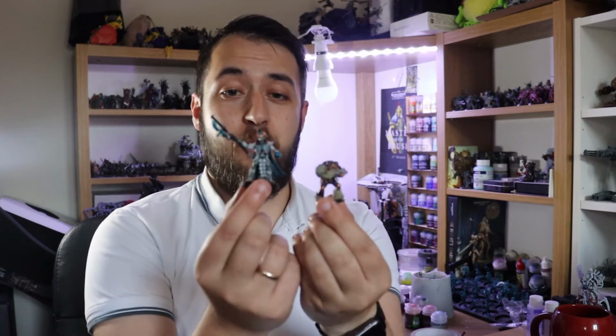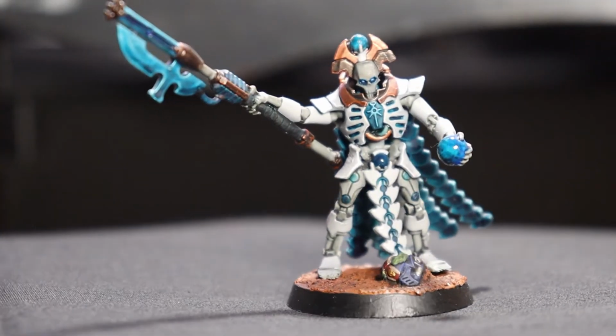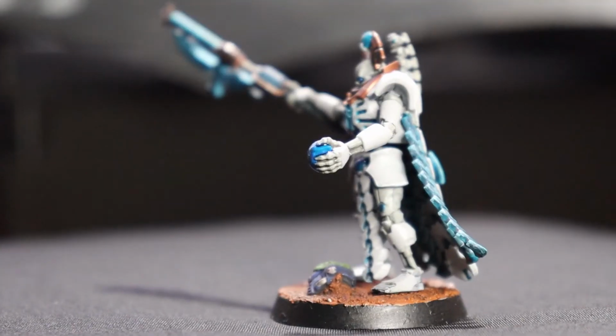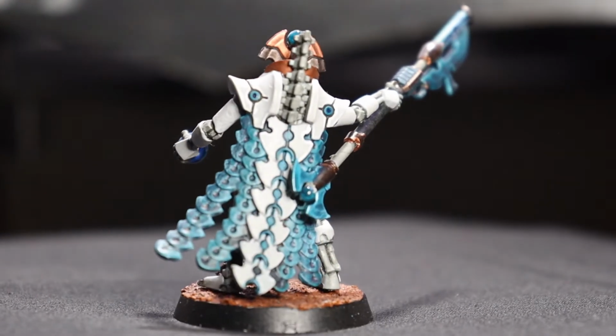Now, if I compare him to my most recently finished model, which was actually a Necron Night Scythe, but I thought I would scale it back to the one I finished just before then, which was my Necron Lord, as it's a similar size. This guy here is from my most recent project, which is, as you can tell, Necrons. I always loved these guys. They were my first ever army I picked up, and then I stopped playing for a few years,